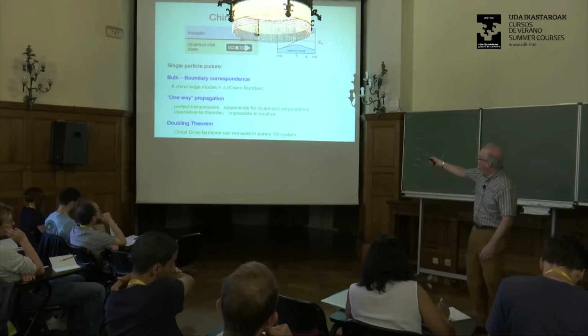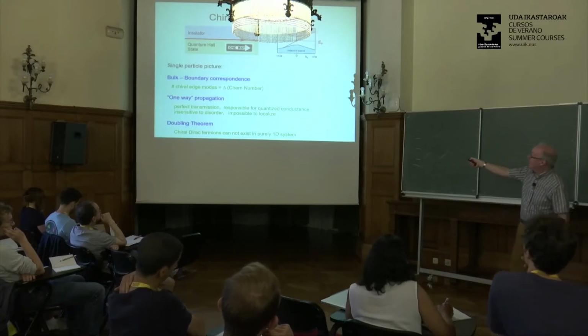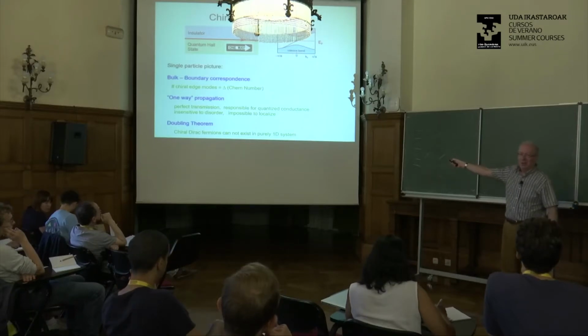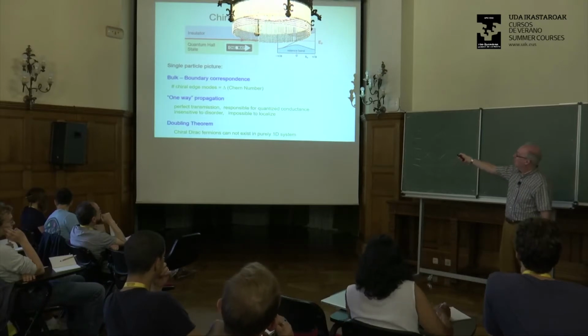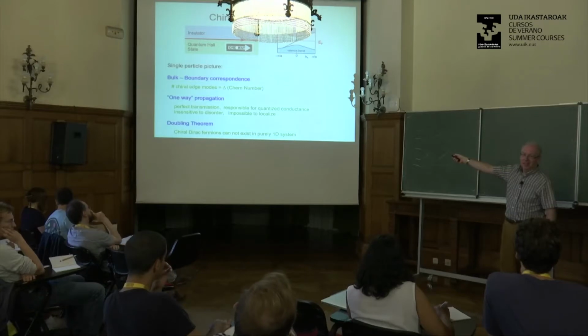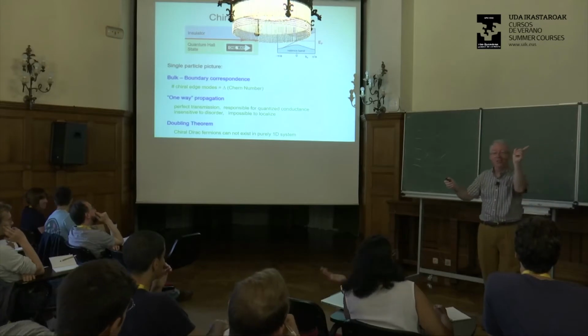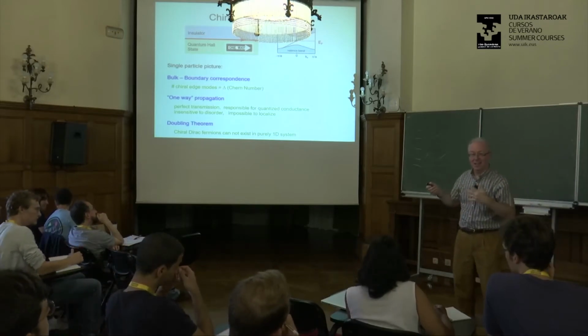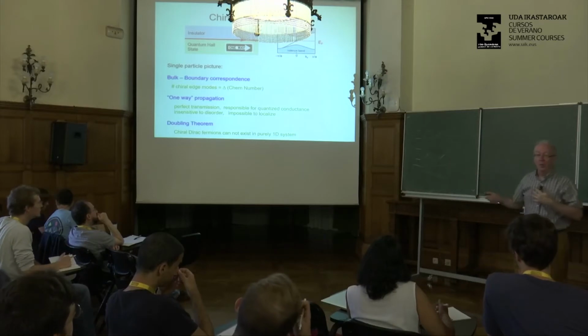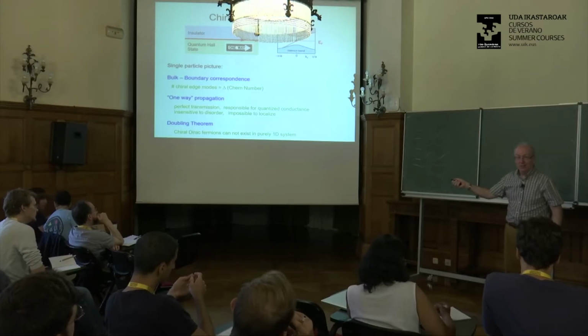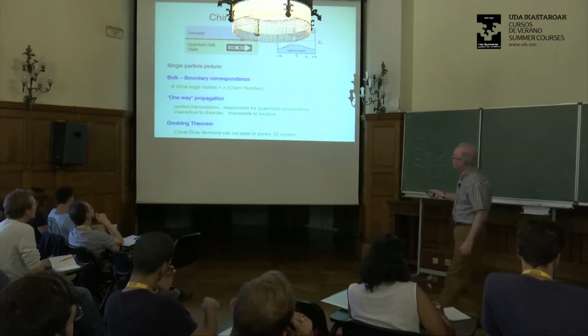Think of this picture. If I have a purely isolated one-dimensional system, then I don't have a bulk conduction band and valence band anymore. But I have to be able to draw my energy as a function of k, and if it goes up, then it has to meet itself, so it has to come down again. So these chiral Dirac fermions must come in left and right moving pairs. And that's the content of the doubling theorem, at least from the point of view of single particle quantum mechanics.